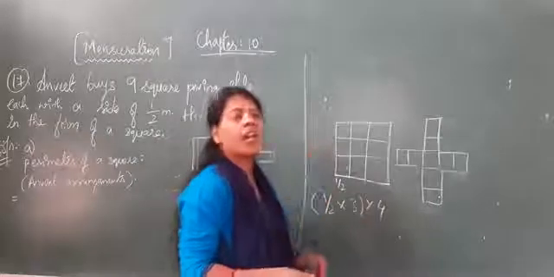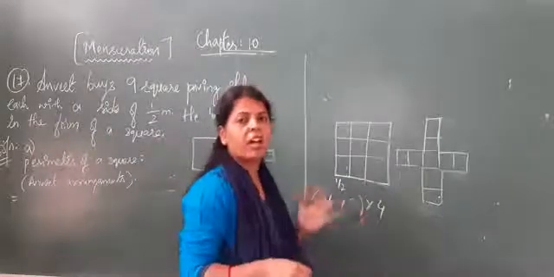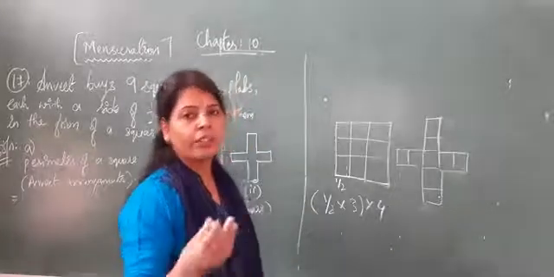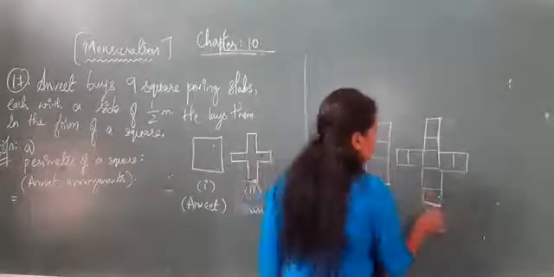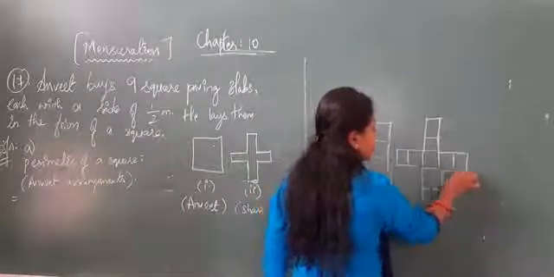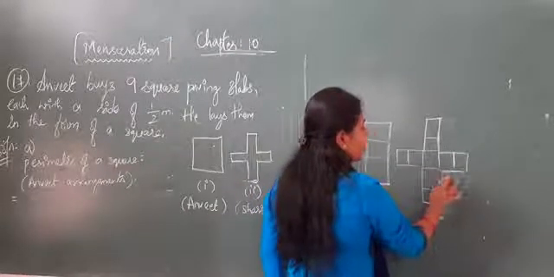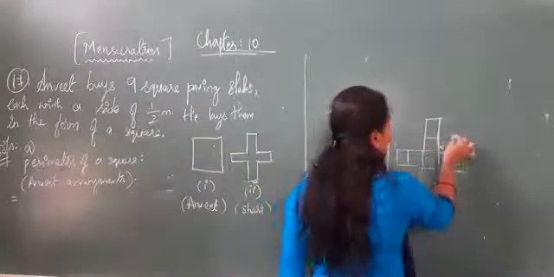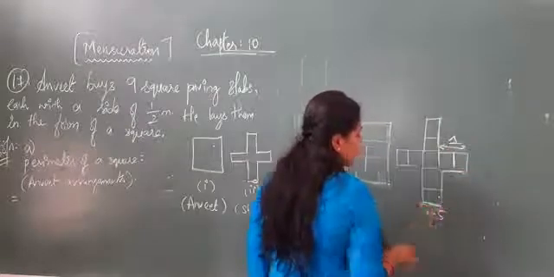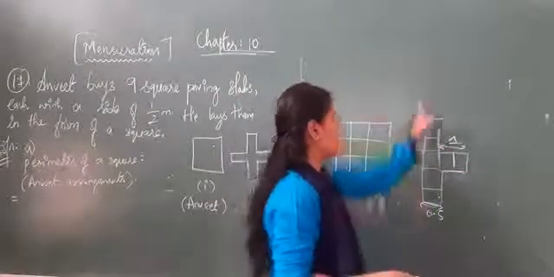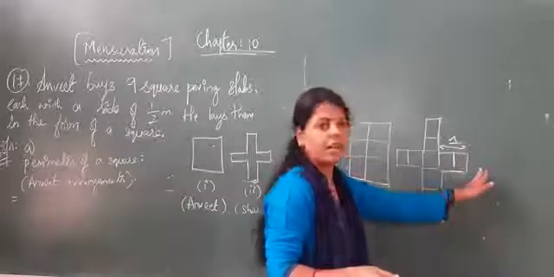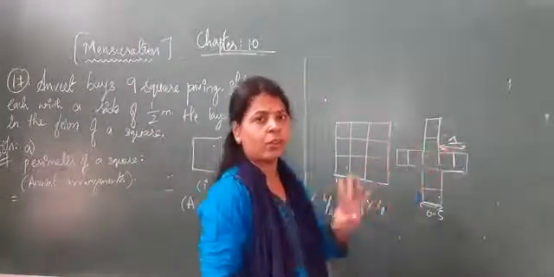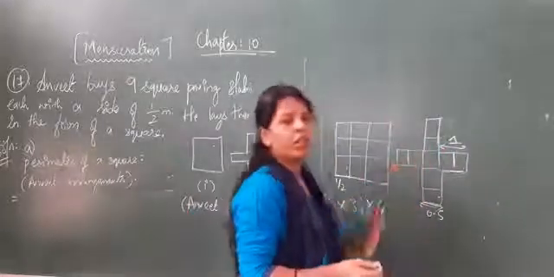And for the second arrangement also, the same half meter should be taken. Half meter, if you convert it to decimal, will be 0.5. So this will be taken as 0.5, and this one will be taken as 0.5 plus 0.5, half plus half is 1. So this total will be considered as 1, and this total will be considered as 0.5. So this 0.5 will be taken with 1, 2, 3, 4 sides. 0.5 into 4 and 1 into 4. It will be taken as 4 times. Okay. So in this way you have to find the perimeter for this.